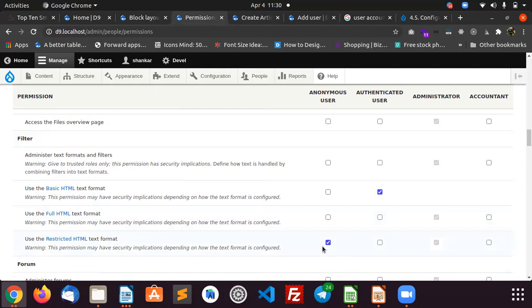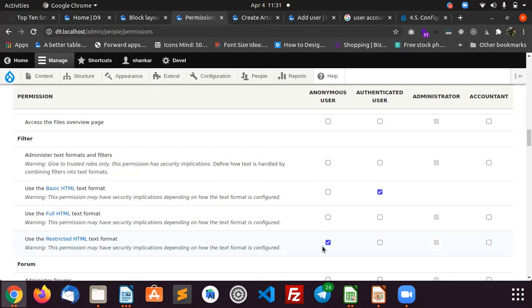They may crack the website. They can put some script within your comment part. So you should restrict them with the restricted HTML. Within that, they can have basic level HTML like italic and bold. Only that kind of tag they can use. They cannot create an anchor tag. They cannot create any other script related thing. Or else we can refer to it as plain text for the anonymous user.